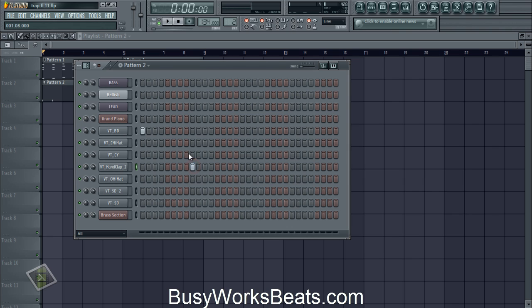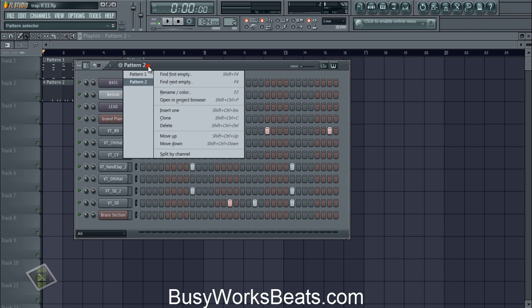The snares are going to go on every other gray. So we have the kick and the snare as we like it.